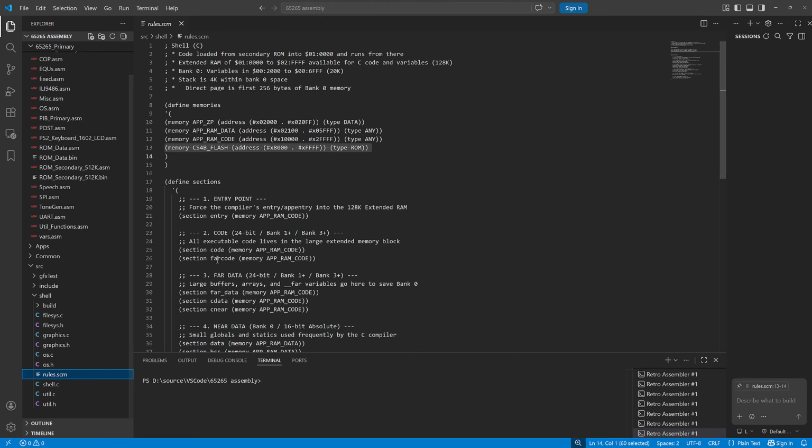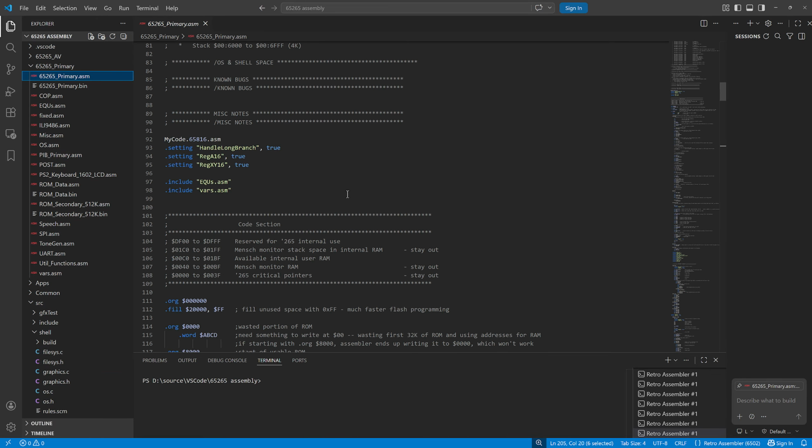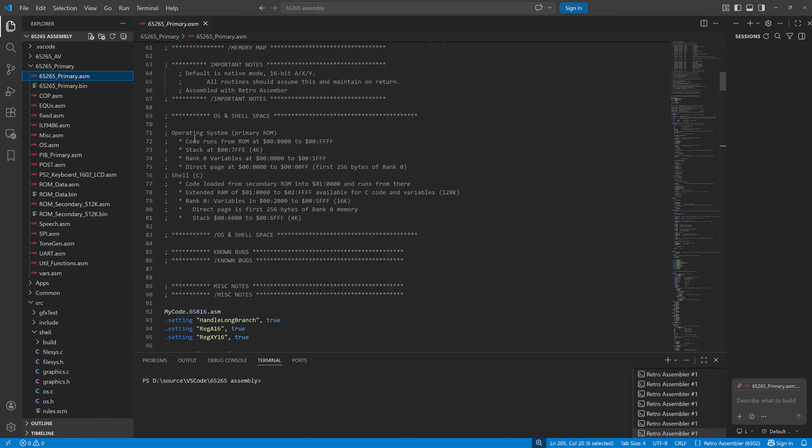In addition to that, there's this rules file, which I've continued to tweak. And this is basically where I'm setting up the memory. So what's available, and basically the way I have it set up right now is that, and actually I put this in primary as some notes up top. This is what I'm doing at the moment. So the OS, I'm giving it from basically 0 up to, let's see if I've got it marked here. I might not even have it marked here, but I'm giving it up to